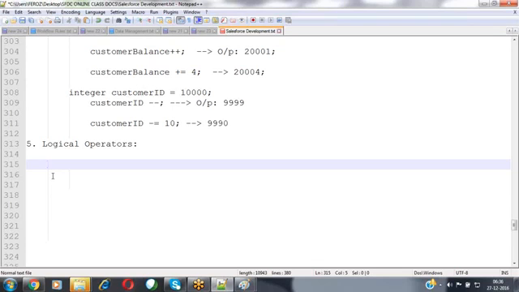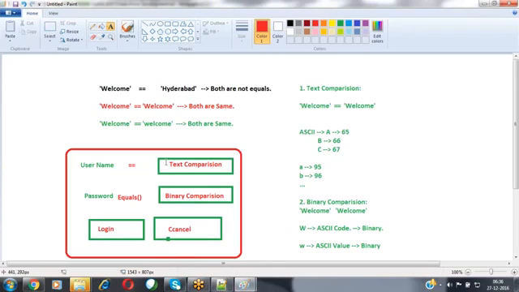So in this kind of scenario, if you want to club multiple conditions together, whenever we are implementing some functionality, at that time we use conditions in order to verify whether these operations have to be performed or not. For example, let's take a general scenario. Assume that I'm having this login screen. In this login screen, we have a username and a password field. 2 text boxes are available.